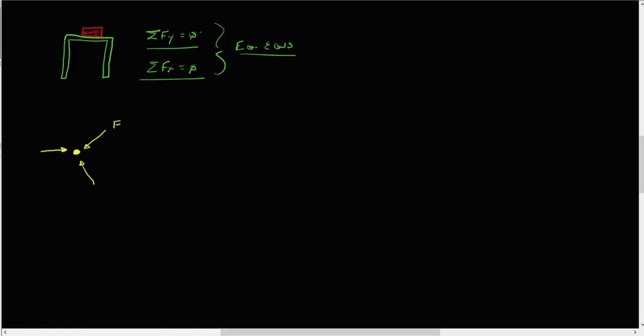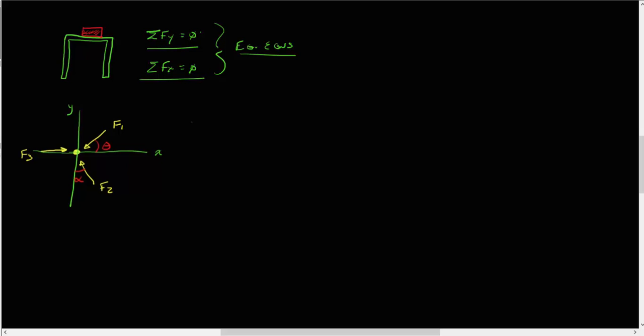Well, then I could say that this is force 1, this is force 2, and this is force 3. Let's draw a quick axis on this. So we could say this is my x and this is my y. If I said that this was theta and this is alpha,